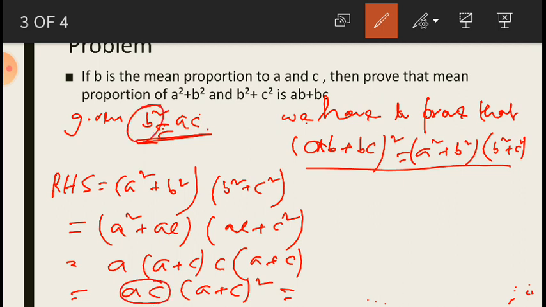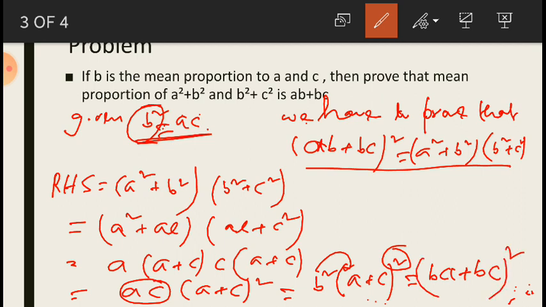You can put this B square, so B square A plus C whole square. Okay, so now if B square is put into the bracket here, then what happens is it will be considered as B in between the bracket, because this square is given here. So that means you have BA plus BC whole square. This kind of thing happens.